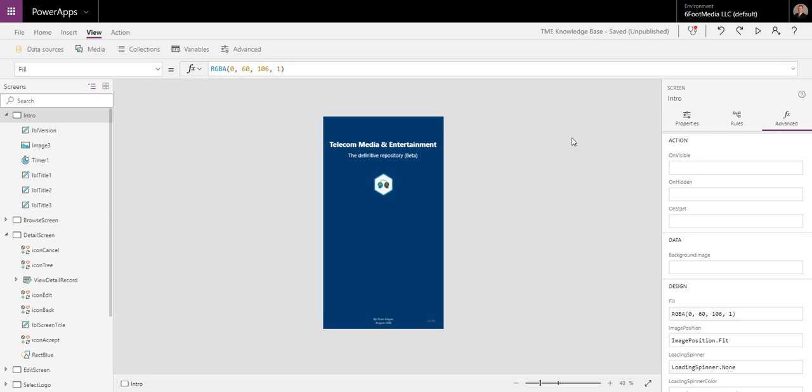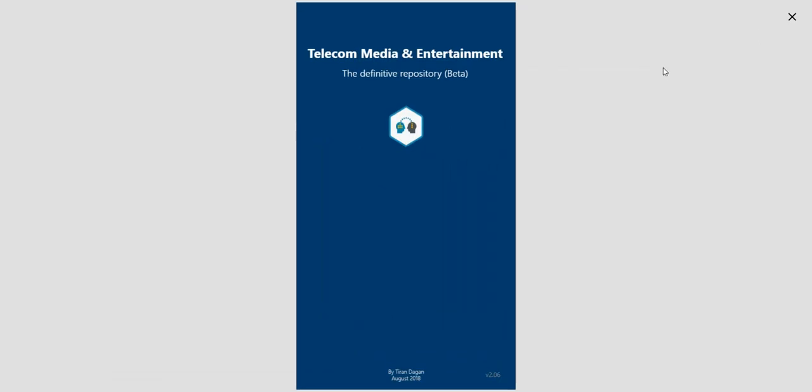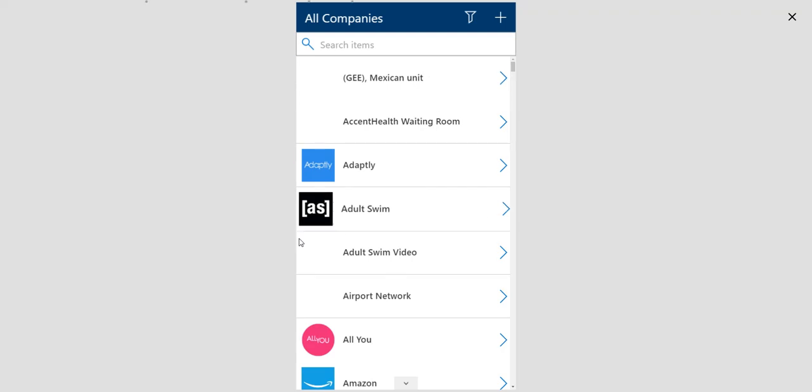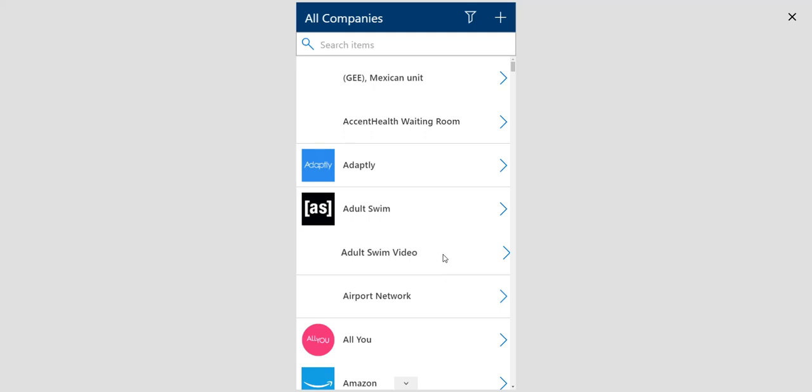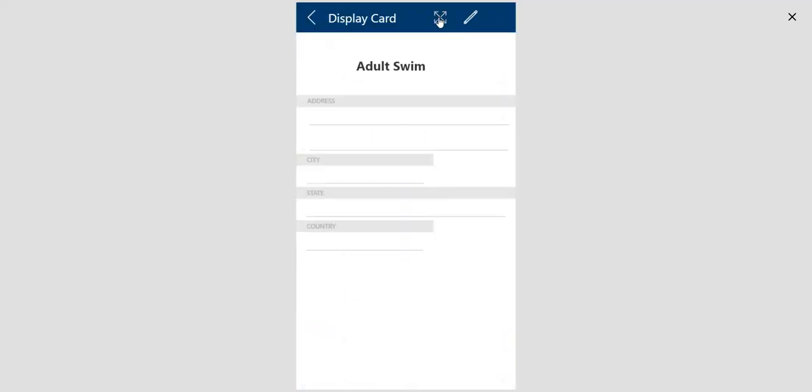This app has the database of all of the media companies and their ownership structure. So we'll go through the screens and then you'll see how this works. First, this screen has the listing of all the properties. The back end is a SQL Server database. And then if you click into a particular card, you can go into the tree view mode, which is essentially